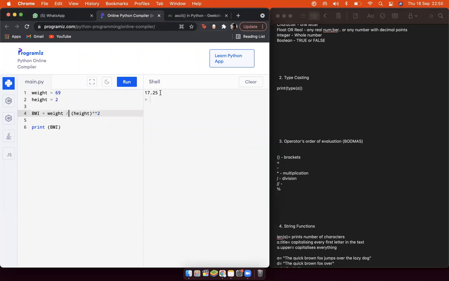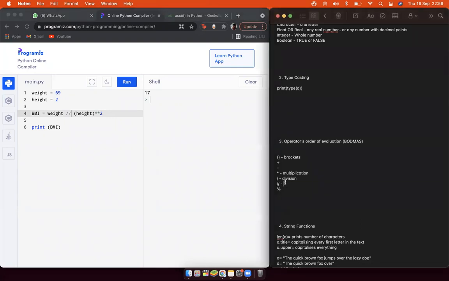It's not rounding off or anything. The answer can be 17.9 as well, but it won't round it off, it will just remove the decimal point. So in the formula, if I put a double slash, it will just give me a 17. That's how easy it is. So double slash removes the decimal point.